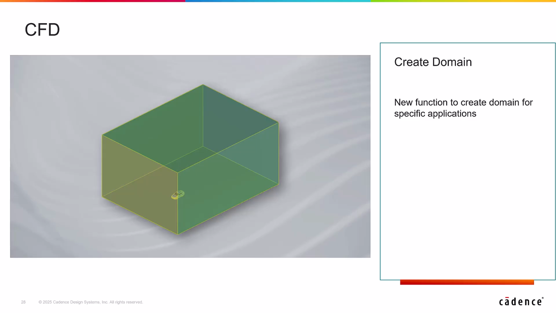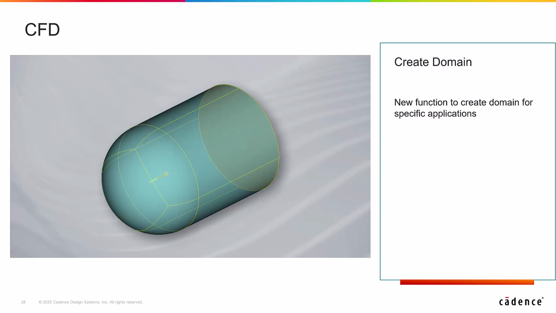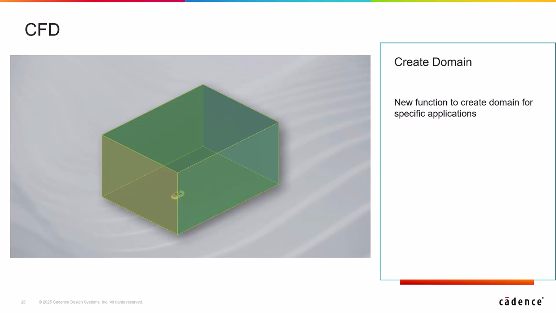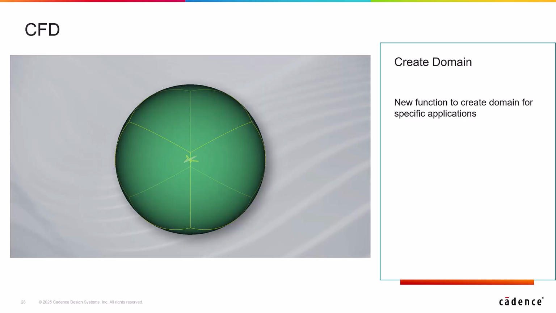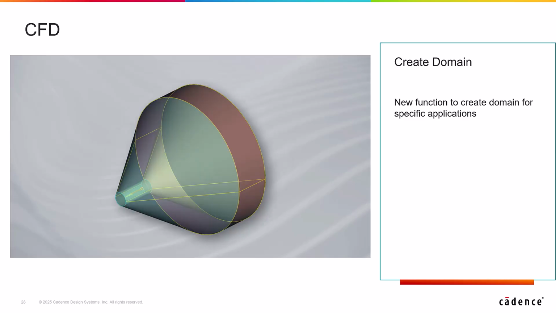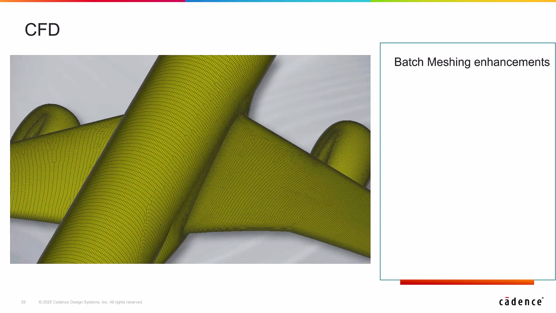A new function has been added to the geometry ribbon for the easy generation of standard domains, such as a box, sphere, bullet, or supersonic domain. In Batch Mesh, fields now support ANSA parameters, allowing for easy tuning of mesh settings and straightforward setup of mesh refinement studies. Additional improvements include enhanced quality for anisotropic meshing.